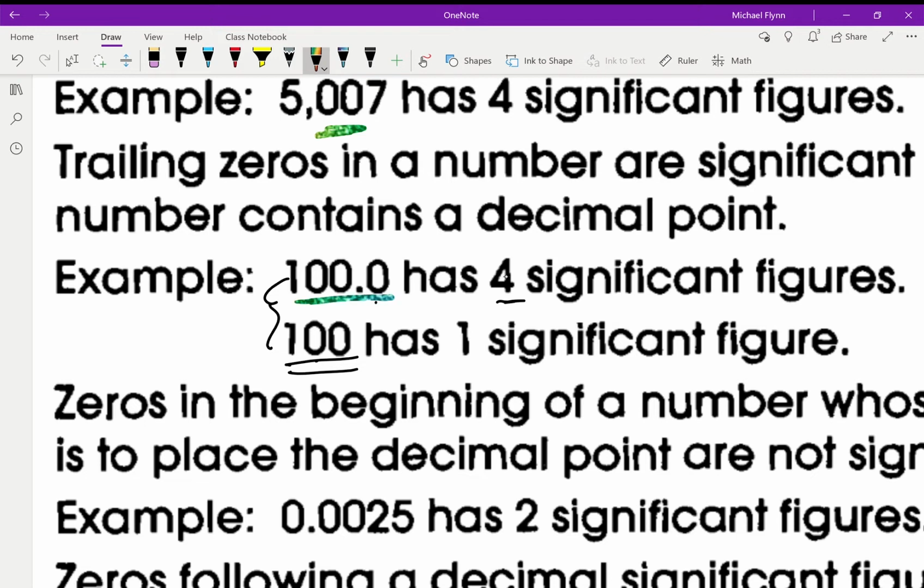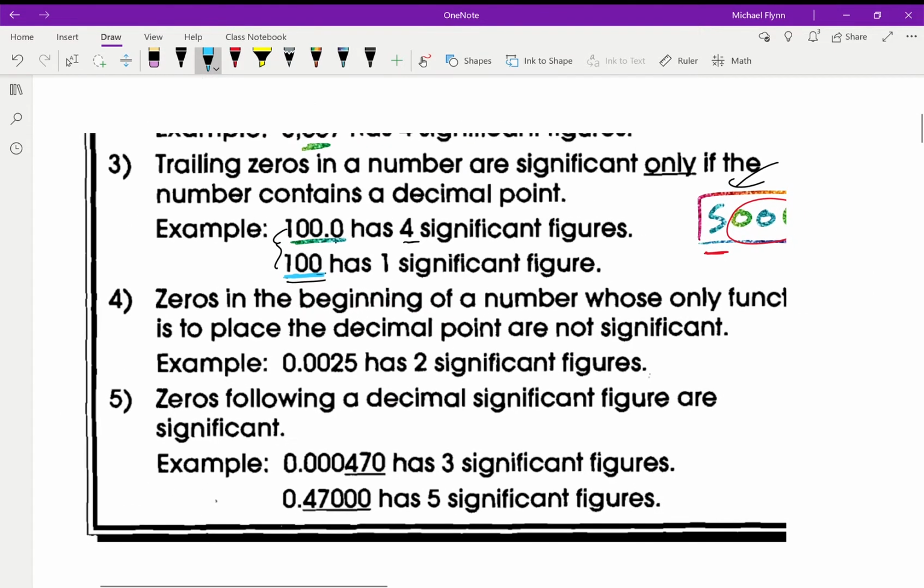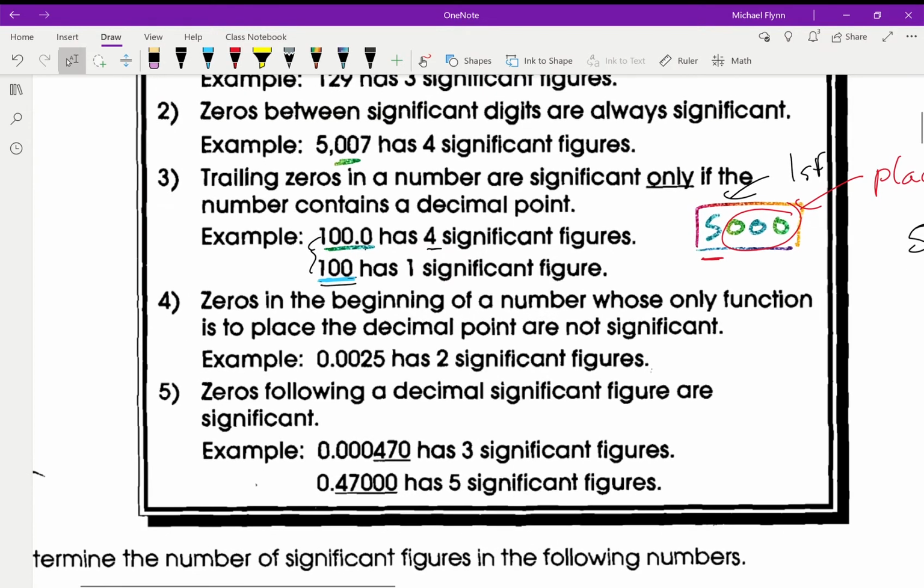It's just the thing is, by writing it this way, what you're doing is saying that you measured all the digits. And so they're all significant. In other words, all of those zeros were measured values. Here was a very rough estimate. This number here, I'll circle in blue or underline in blue. That one there, you only measured the first digit and you sort of estimated it was around 100 for the rest. You didn't precisely measure it. If you did, you would have put a decimal place. You get it? So that's sort of where this comes from. I know it seems kind of strange. We're not really talking about doing any measurements here. But as long as you sort of get the rules, we'll talk about measurements later. Okay? So anyway,